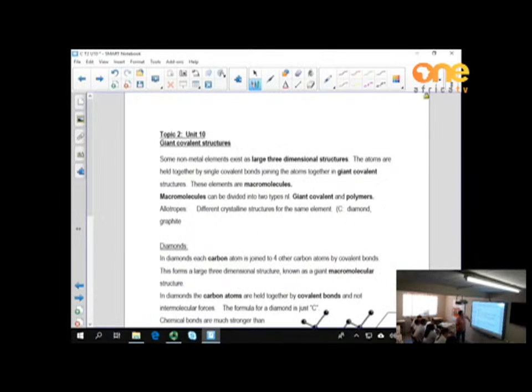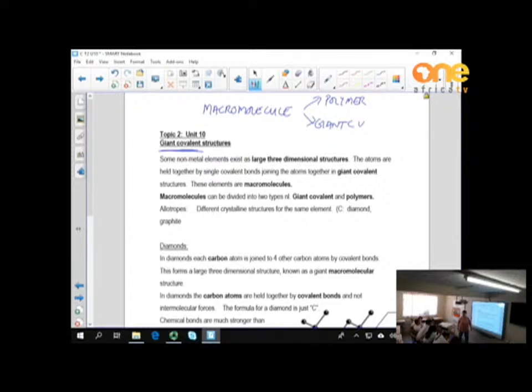Let's have a look. They say giant covalent structures. Remember, giant covalent are macromolecules. Macromolecules can be polymers. Yes, polymers are long chain-like molecules. Your hair is a polymer. The cellulose fiber in the desk is a polymer. Long chain-like molecules. So macromolecules, then polymers and giant